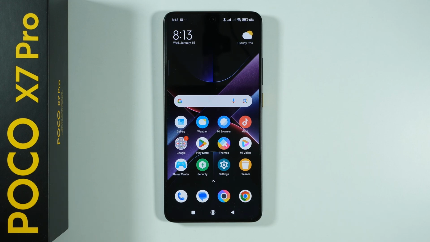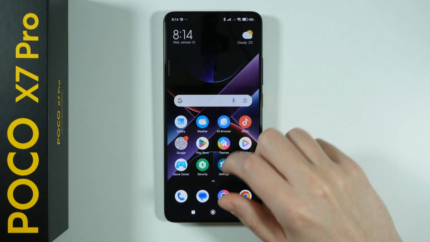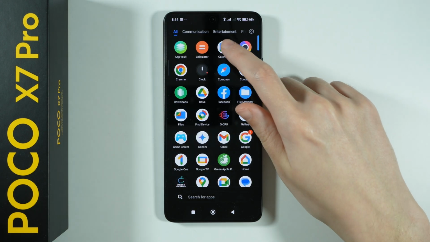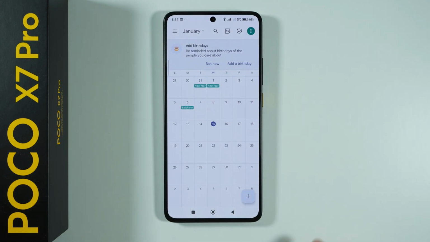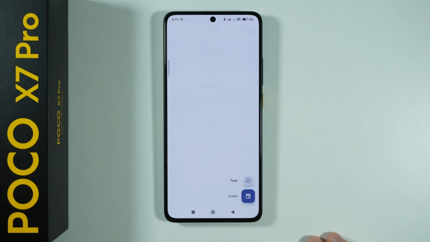Here's how to add an event to a calendar on POCO X7 Pro. First of all, of course, we need to open the calendar. After that, you need to simply press this plus button in the bottom right corner, and then you can choose